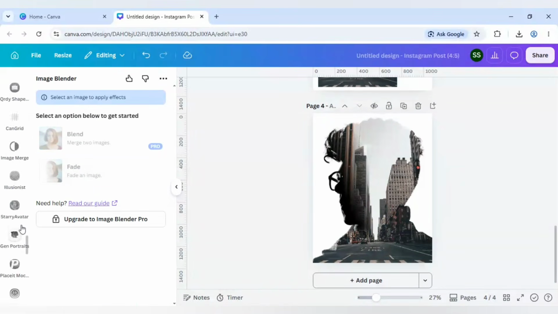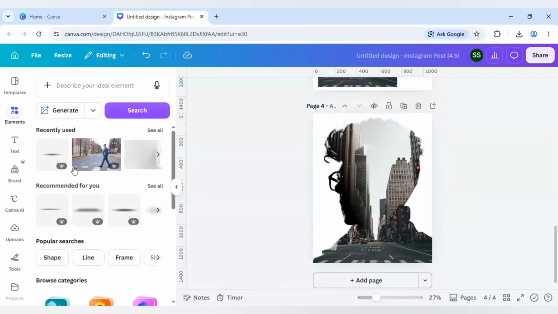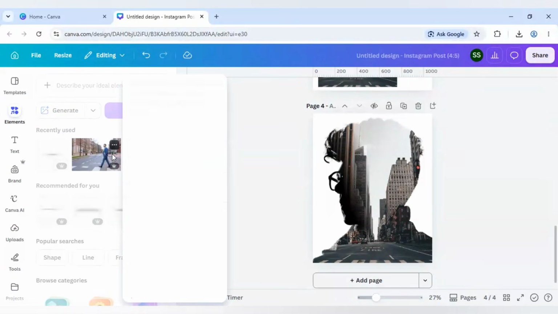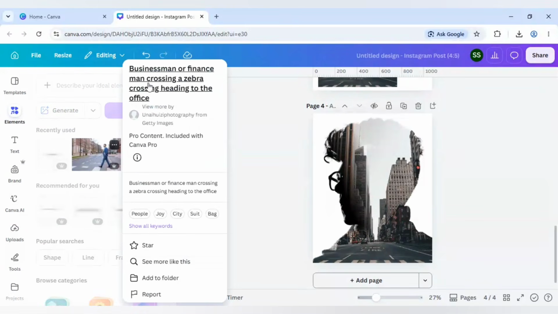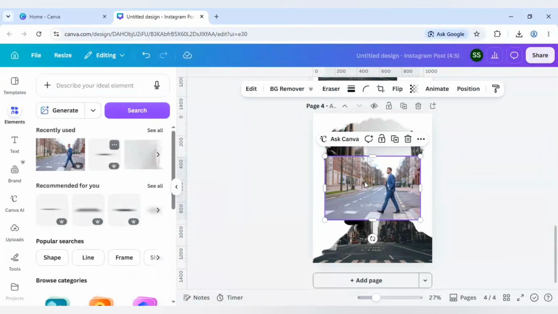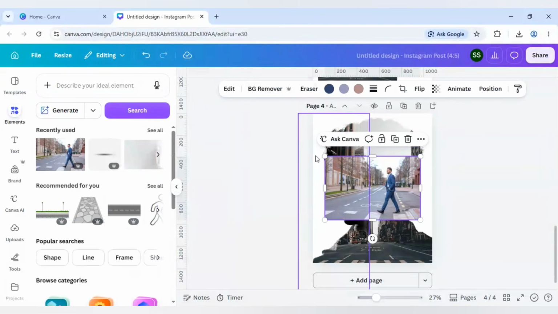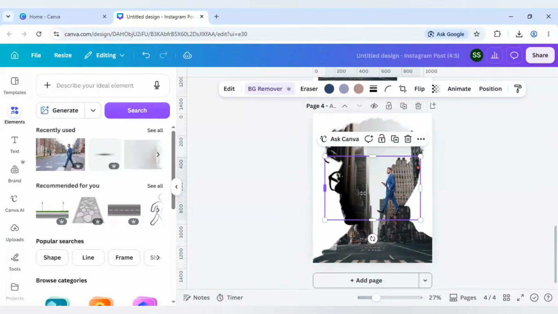And for the next part I will scroll up to elements, and I will use this image which says businessman or finance man crossing a zebra crossing. Okay, so I will use this image and click on BG remover. Okay, so the background is removed as you can see, but the image is very bright here. So I will just go to edit here,